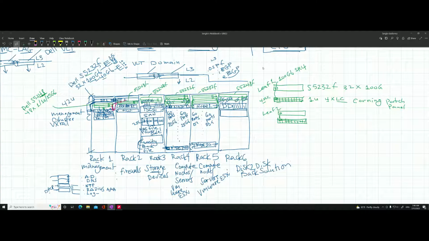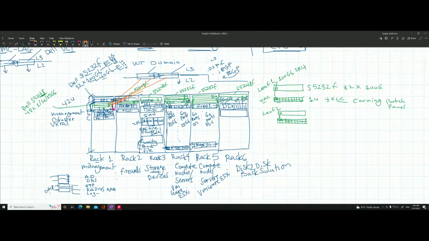So now to tie everything together, and that's the whole purpose, right? To build this data center network, I'm going to use a different color. Let's use orange. All right, so now from the leaves, we can do a couple of links per leaf, going back to the main VLT domain, and then going from these VLT leaves, right? Oh, it has to go from the second leaf. Also has to connect to each of the